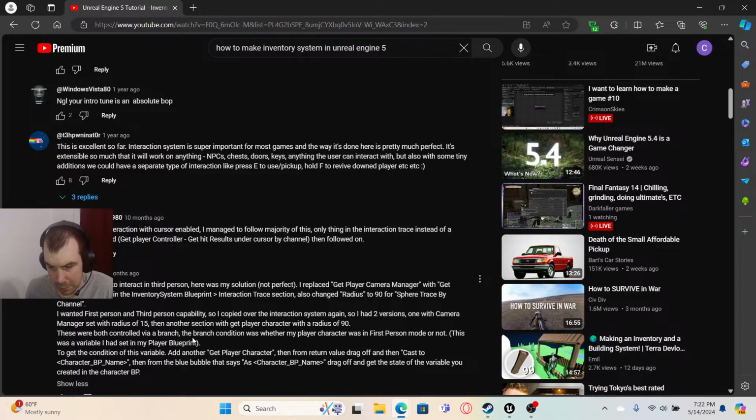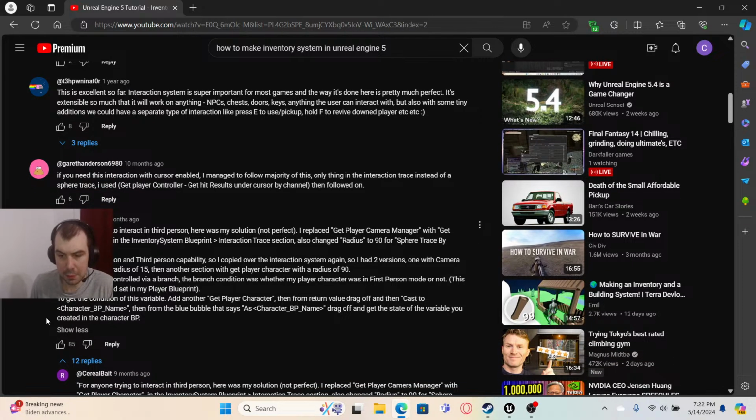These are both controlled via a branch. The branch condition was whether my player character was in first person mode or not. This was a variable I had set in my player blueprint. To get the condition of this variable, add another get player character, then from return value drag off, and then cast to character BP name. Then from the bubble that says as character BP name, drag off and get the state of the variable you created in the character BP. Now this wasn't what I needed. It was just this section here, the how to do it